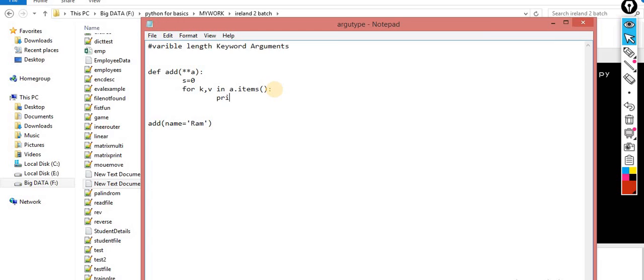What I am doing is simply printing it: product name, and I am printing the k, that is the key, and then copy-paste, product price. I am passing over here the price, that is the v. What I am doing apart from that is s plus equals i.